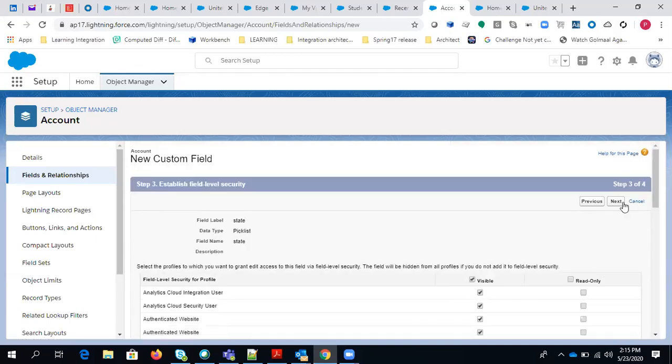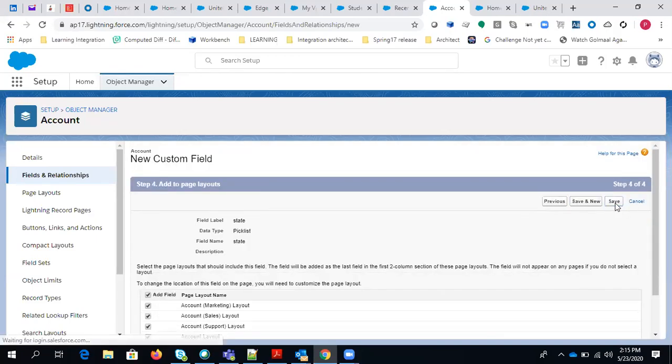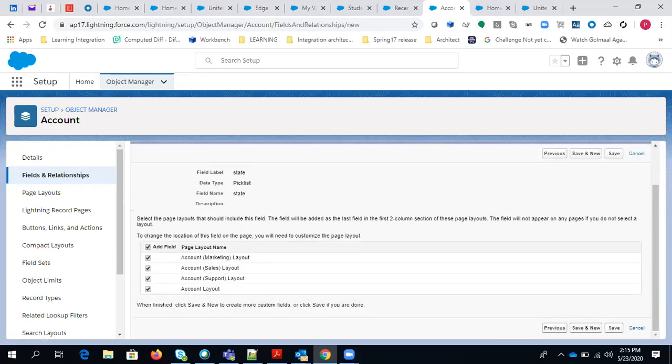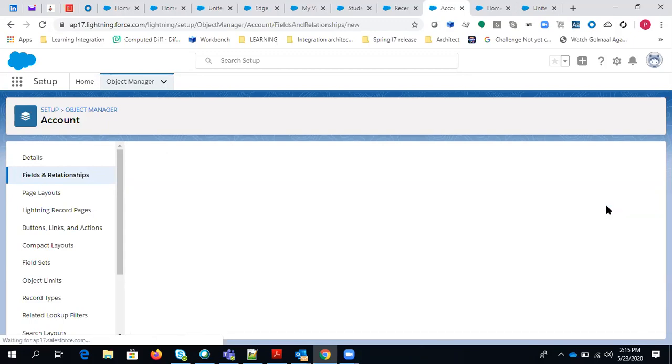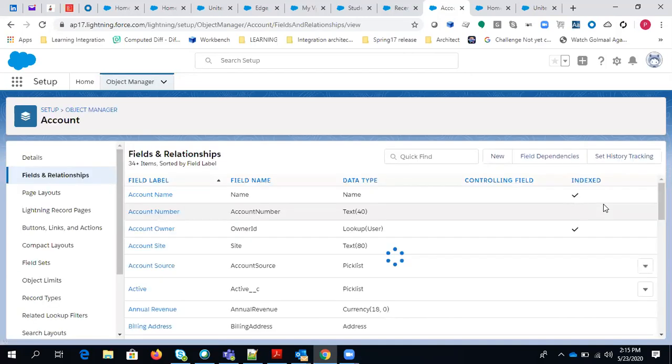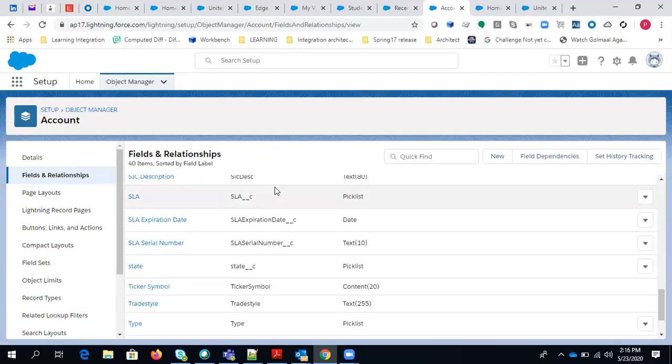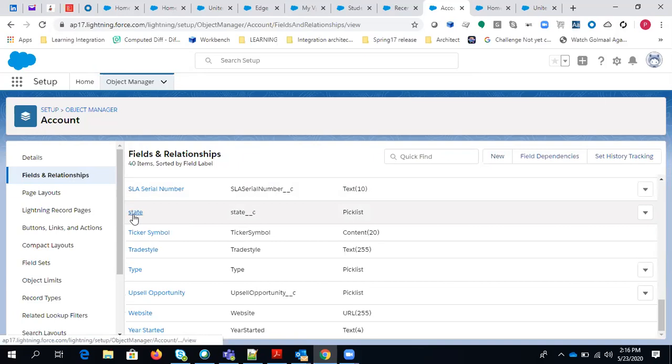The form is the same as we have in Classic, the way to create the field, each and every step. Even the form that is visible in this iframe is also the same. Now we have created this field. If you go back, you can see the state custom field is now created, with all the values that you have.